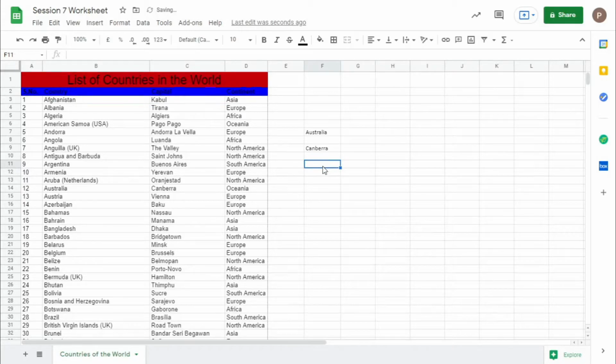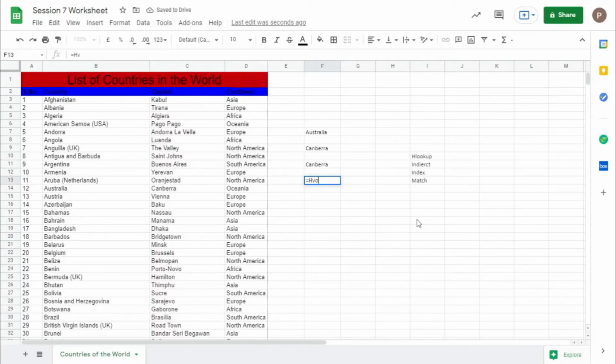So this VLOOKUP is very useful to look for a specific value in a large data set when you don't know the range or want to change it. After VLOOKUP, the next functions we will be looking at are HLOOKUP, INDIRECT, INDEX, and MATCH. So first let's go to HLOOKUP.